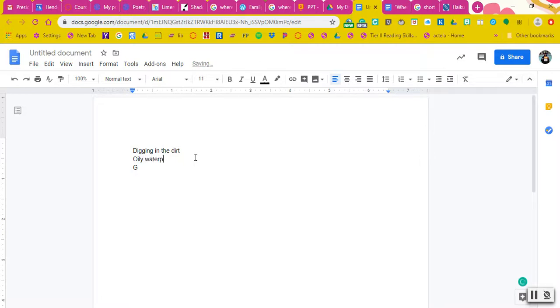Oily, waterproof coats. Gargantuan ones. There we go. That's an acrostic. So very easy, another accessible way to get poetry started with your students.